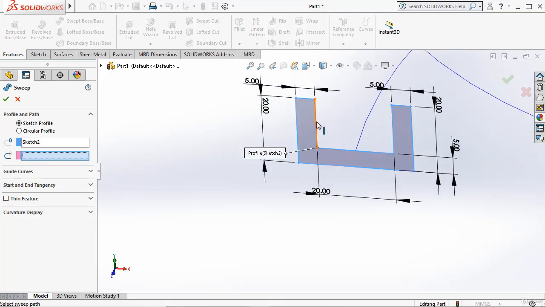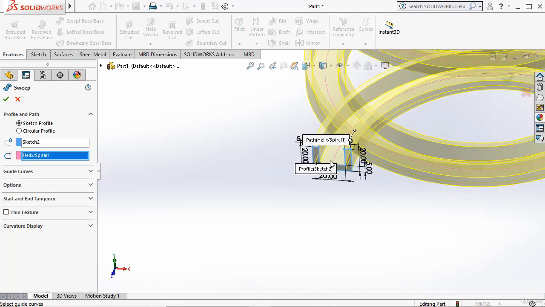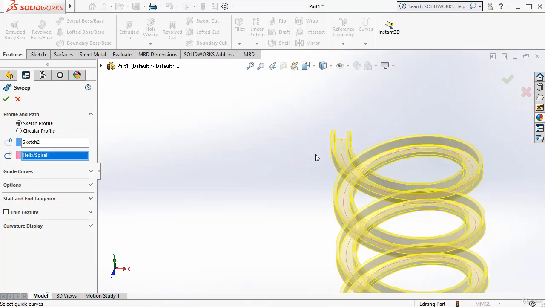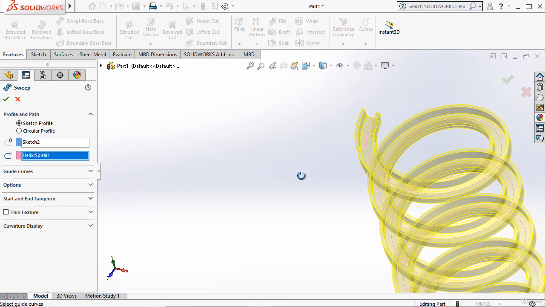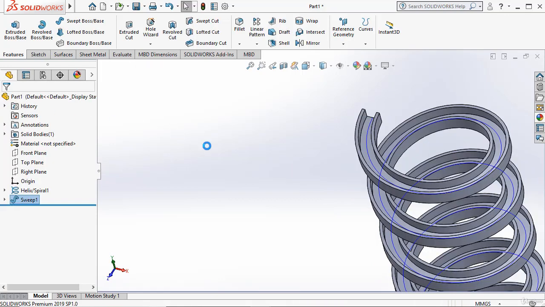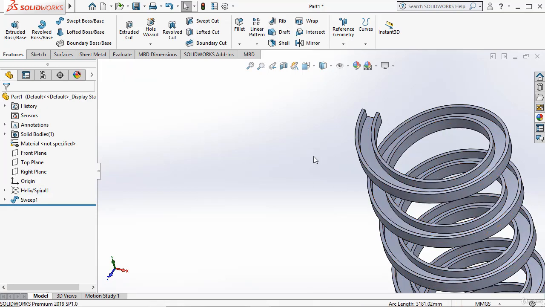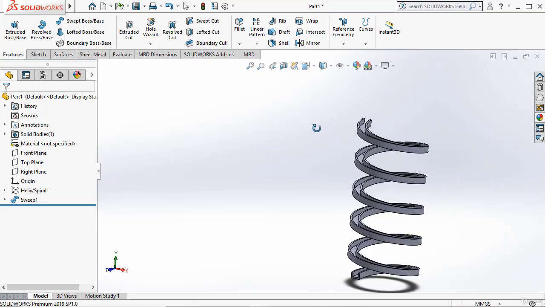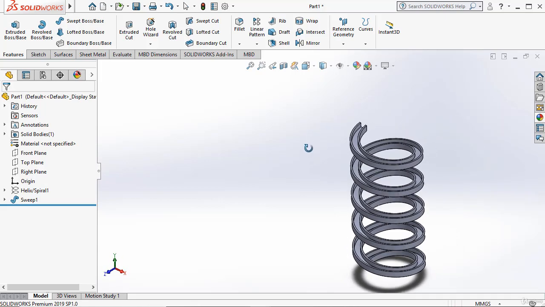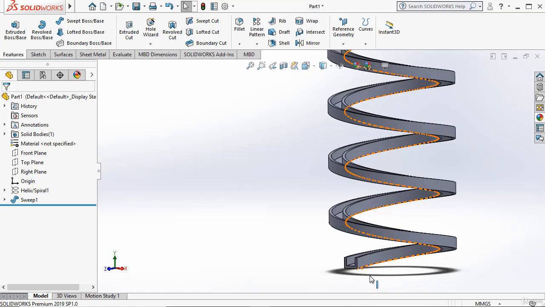which should have selected this. Yes, sketch 2, and this is our sketch 1, and this is the way it will start. Clicking OK. Yeah, done. And I have to just hide this helix. So this is what has happened with our helix,